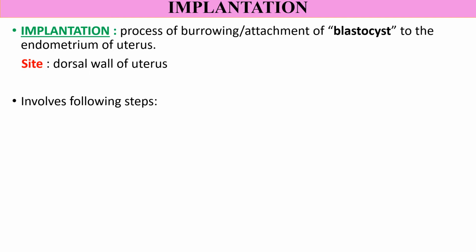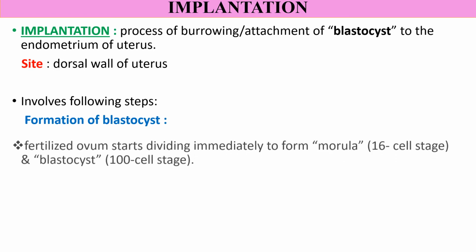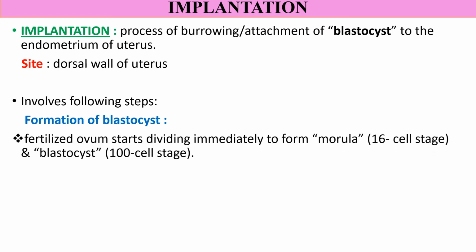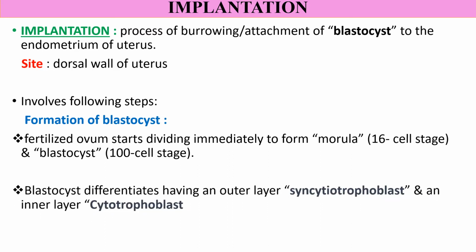The next major step during pregnancy is implantation of the embryo. It is the process of burrowing or attachment of the fertilized blastocyst deep into the endometrium of the uterus. The common site of implantation is the dorsal wall of the uterus. The first step during implantation process is the formation of a blastocyst. It is a 100-cell stage of the fertilized embryo. Blastocyst differentiates into an outer syncytiotrophoblast and an inner